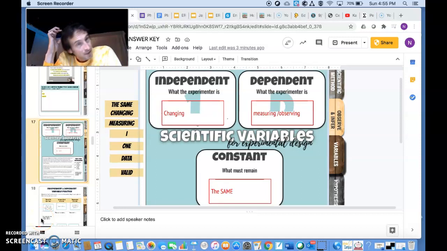Welcome back, everybody. We, of course, have been talking about the scientific method, and hopefully through your readings and the videos and some of the activities that we've had for you, it's making some sense. And of course, there's a lot of terminology related. And so I just wanted to walk us through what independent and dependent variables are, and talk a little bit about control groups or constants. Okay,